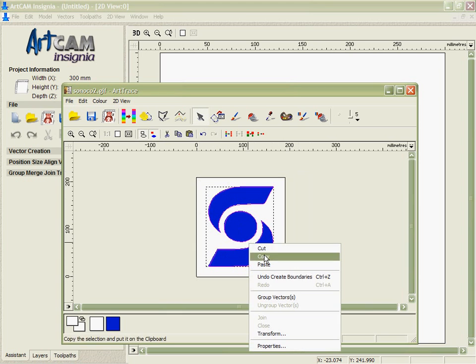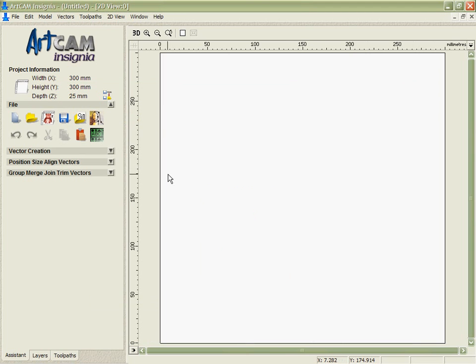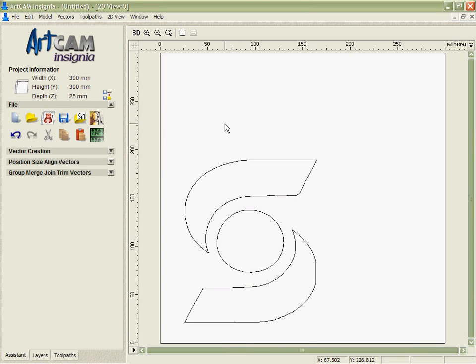Just going to take those vectors and we will bring them into ArtChem Insignia. Now, I can see that these are not exactly perfect, and what I need to do is make sure, for instance, that this is a circle and that I have nice smooth transitions here, that these areas are straight and everything looks good. The way that I'm going to do that is just delete this top piece here and edit